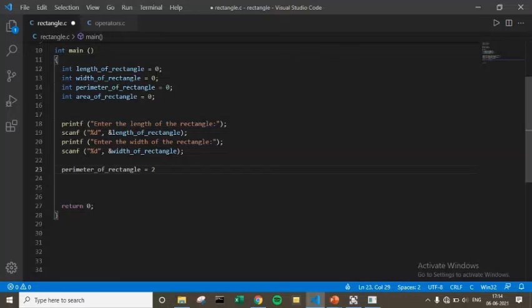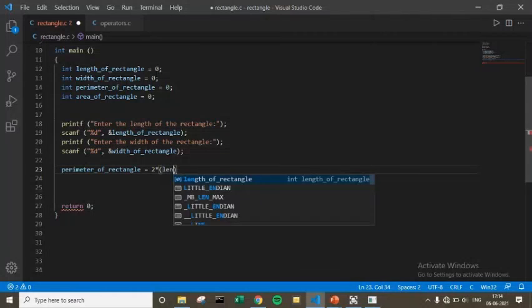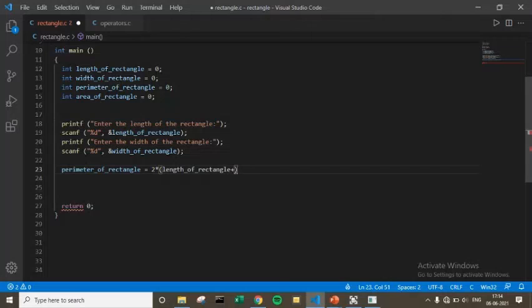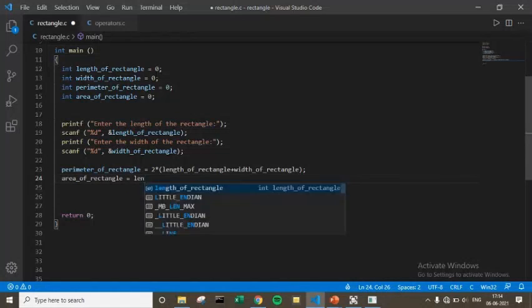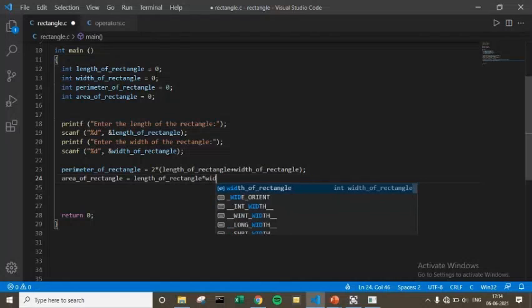So 2 into length of rectangle plus width of rectangle. And let's also write the area formula, length of rectangle into width of rectangle.